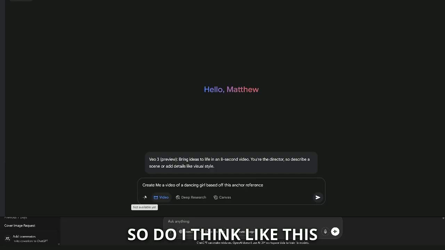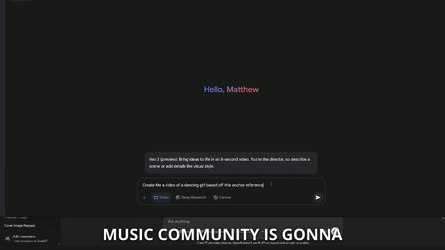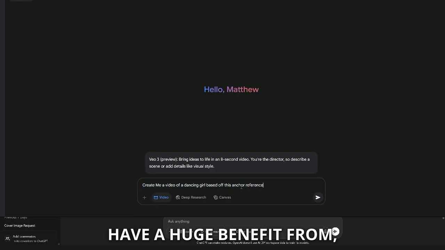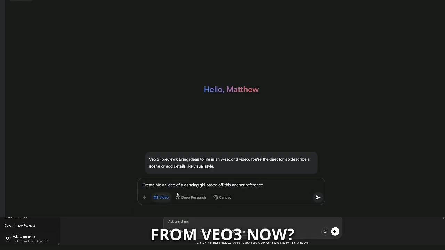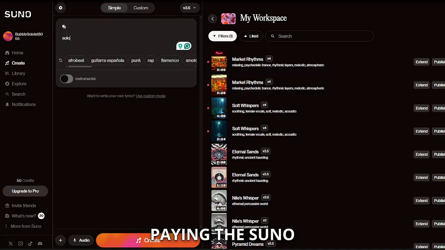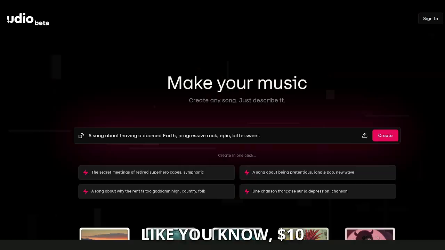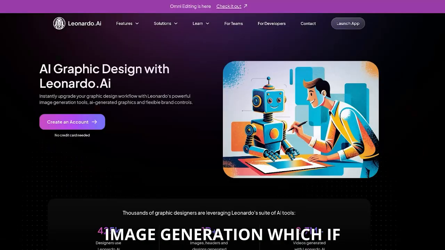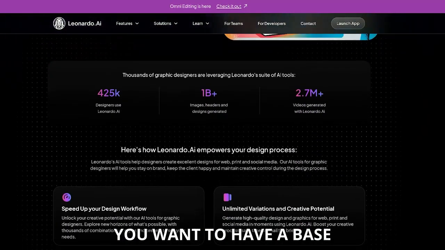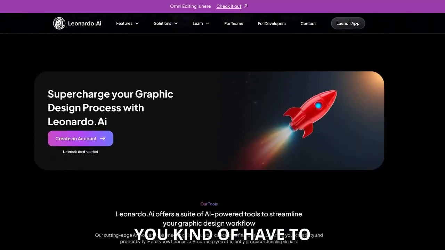So do I think this AI music community is going to have a huge benefit from VO3 now? No, definitely not at the added cost. Right now, if you're serious into it, you're paying the Suno or Udio fee that's $10 a month or more. You're talking about image generation, which if you want to have a base image or that reference, you're going to have to